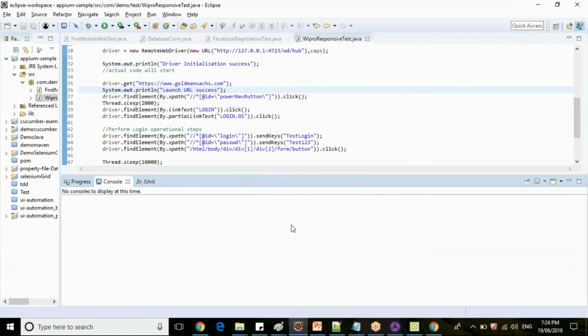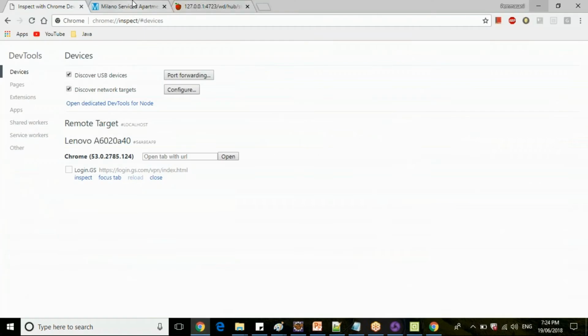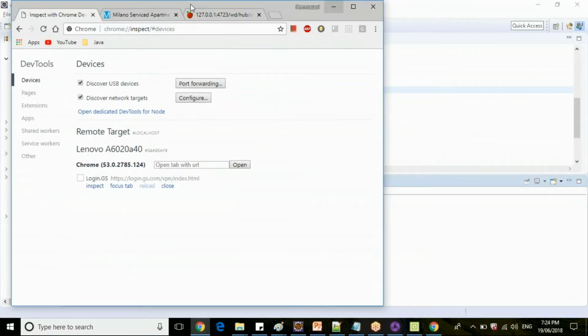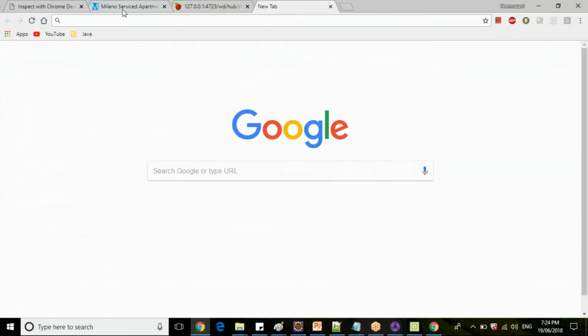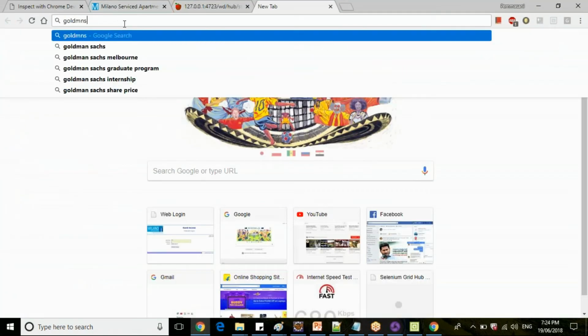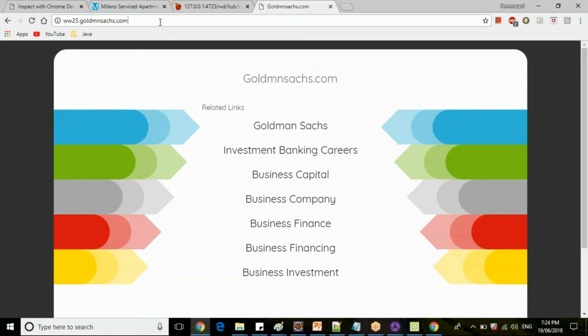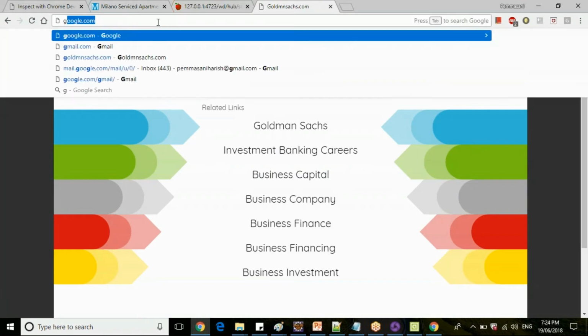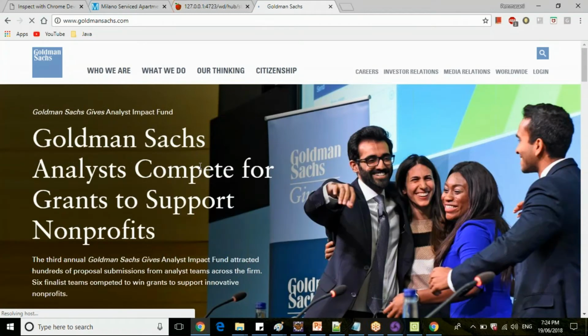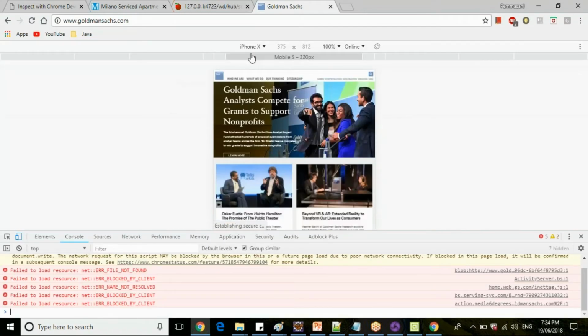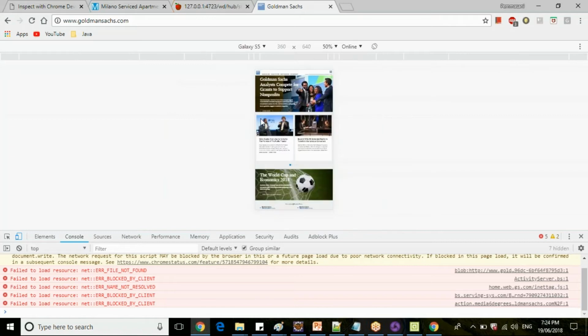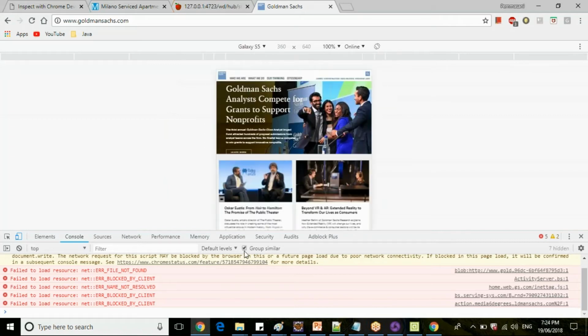Or you can simply identify, let's say if you open this Goldman Sachs in a normal Chrome browser. So now you can even inspect from here with mobile screen, loading your mobile screen like this. So just load Samsung Galaxy screen, zoom it to 100%.